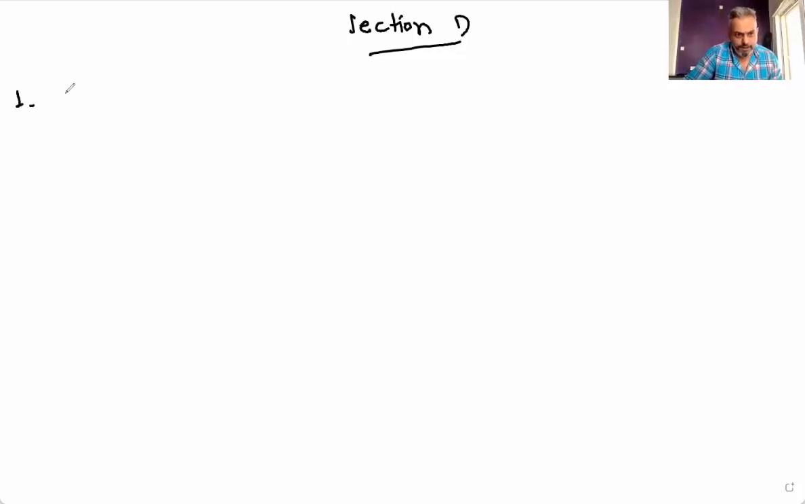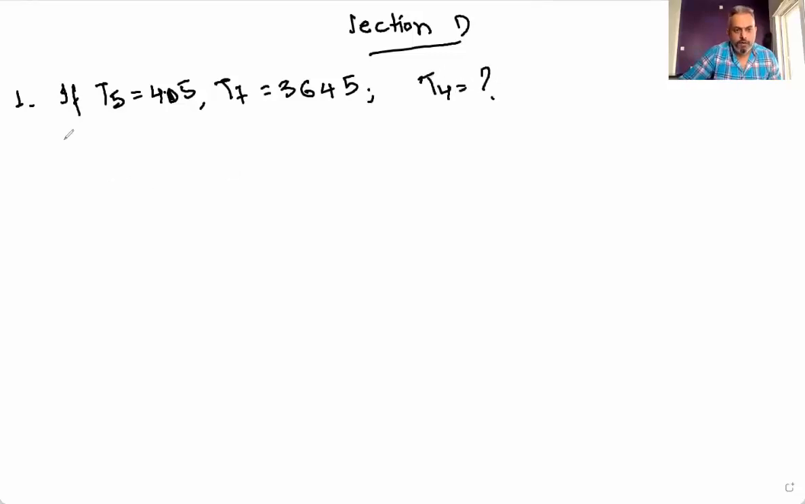for a given GP, if T5 is equal to 405 and T7 is equal to 3645, then we have to find T4. So now T5 is equal to A into R raised to n minus 1, so R raised to 4, and T7 is equal to A into R raised to 6. So we do it this way, T7 upon T5